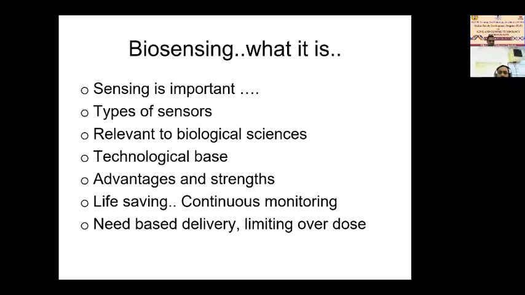And because of the different technology, they have different advantages and strengths, depending upon the application. So we choose our sensor accordingly. The development of sensors is so fast in today's world that none of the developers is sure which sensing technology would be of economic